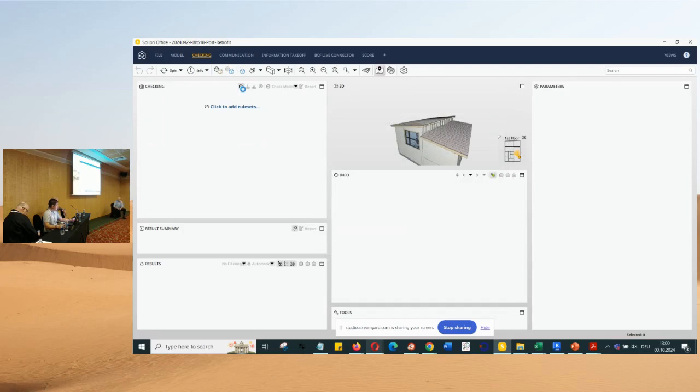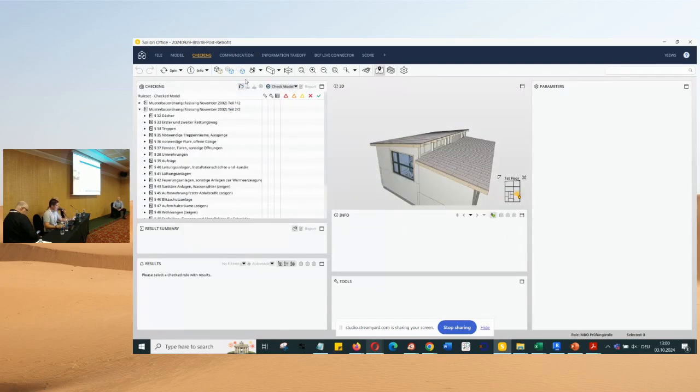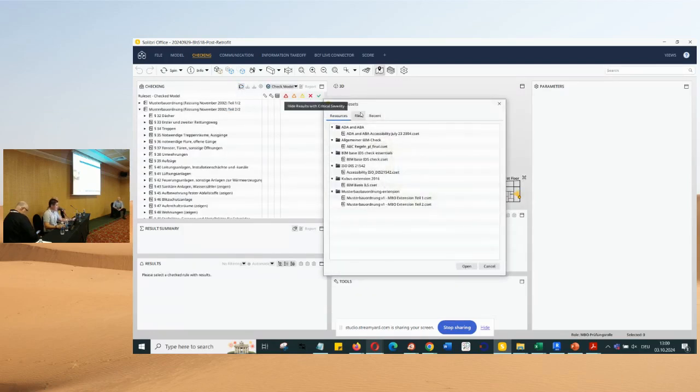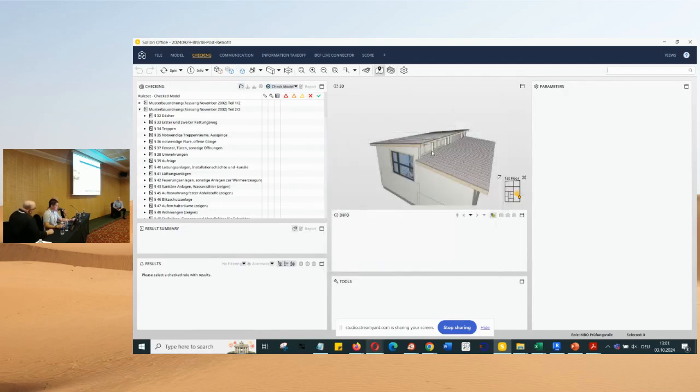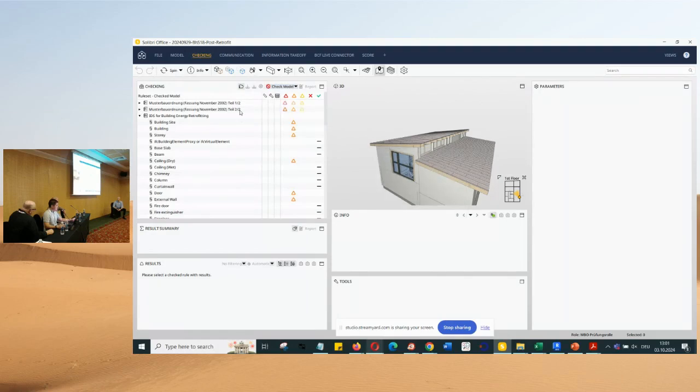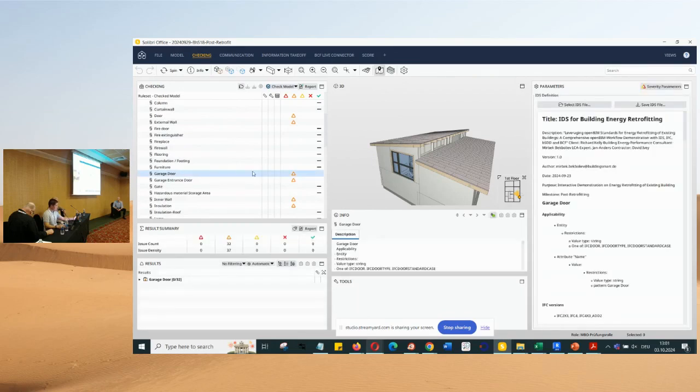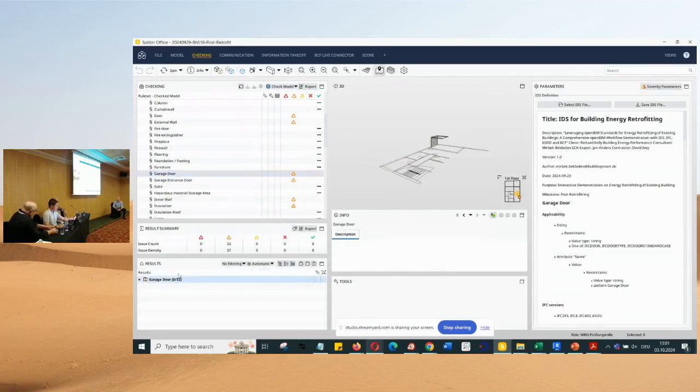Okay, and we will now add a second case, the post-retrofit ideas, and run this installation. We don't have some cases like the garage door. Let's check the same garage door now. There might be some other issues,